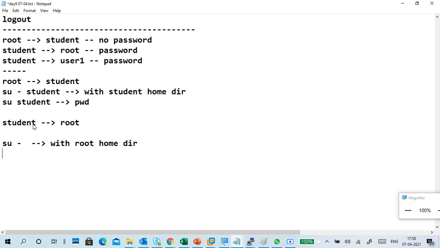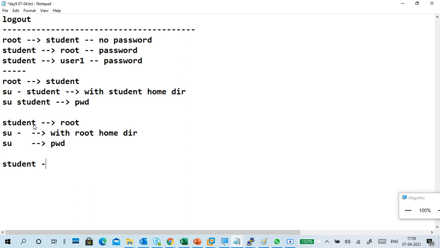Okay, su also you can use. This is with pwd, present working directory. What was previously home, what is the present working directory? Same working directory, you will get it. So this is how you can switch from root to student.